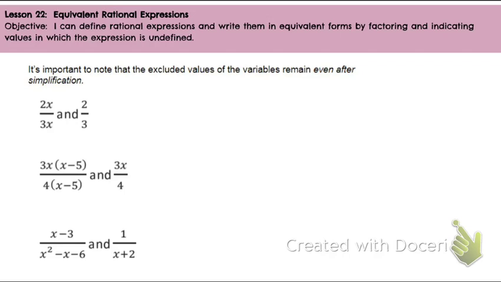The next part. It's important to note that the excluded values of the variable remain even after simplification. This little point is huge. Even after you simplify, you still have to go back to your original expression, and you still have to think about when it will not exist. For example, 2x divided by 3x and 2/3 are equivalent